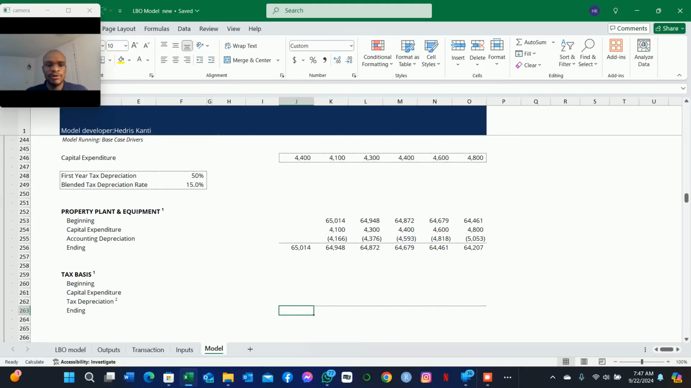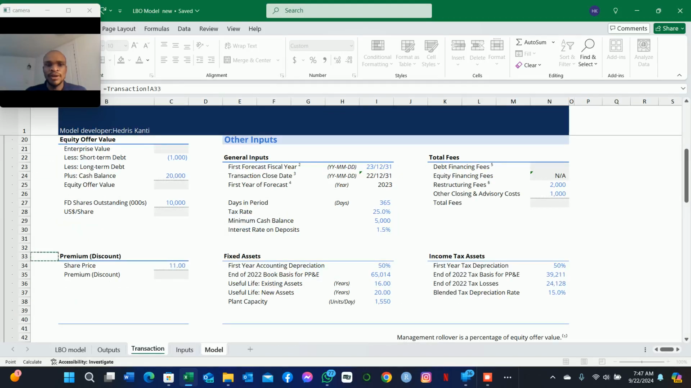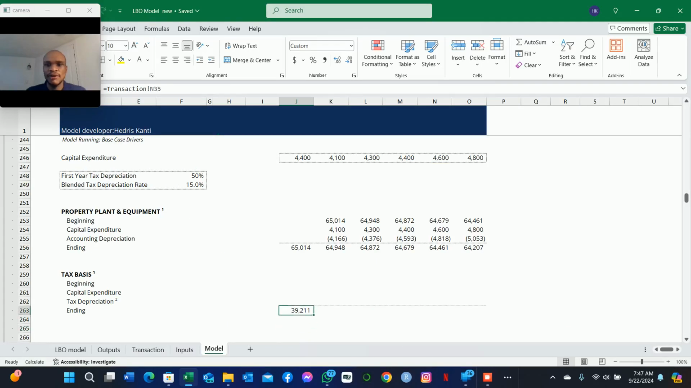So for the tax basis, it's going to be equal to, we go to the transaction section. So at the end of 2022, the tax basis for PP&E, granted by the governments in different jurisdictions to depreciate assets to a certain degree or level. So we have it set up there, so the prior period is going to be our current period's opening balance. And we have our capital expenditures, which we have